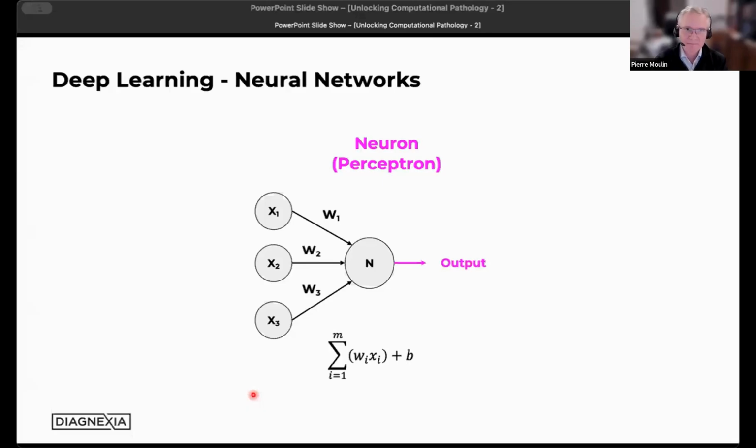Deep learning starts with neural networks. It's not something new. It's something that's been around for decades, but for several reasons, it didn't make it to pathology or computational pathology the way we see it now. The base element of deep learning, of a neural network, is a neuron. Sometimes we call it a perceptron. Basically, it's a unit that